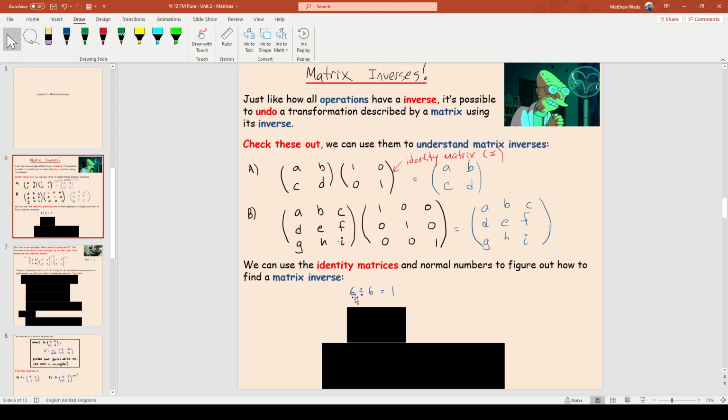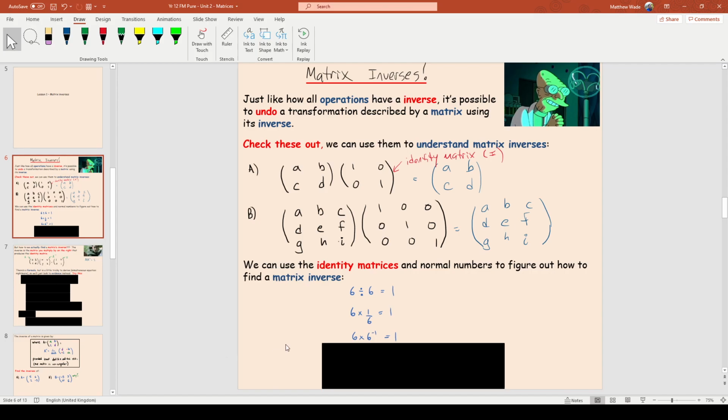So here we go. To start with, 6 divided by 6 is 1, okay? Easy peasy, just with numbers, nothing to do with matrices here. 6 divided by 6 is 1, absolutely, okay? The reason for that is when you do division, it's actually like 1 over in the multiplication. So 6 divided by 6 is actually the same as 6 times a 6, because a 6 is actually 6's